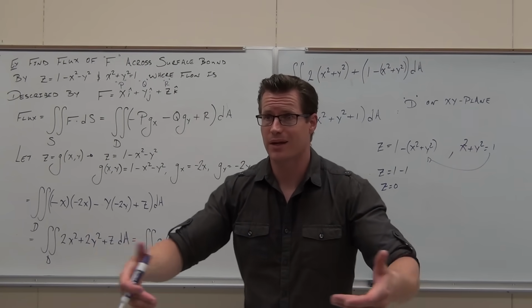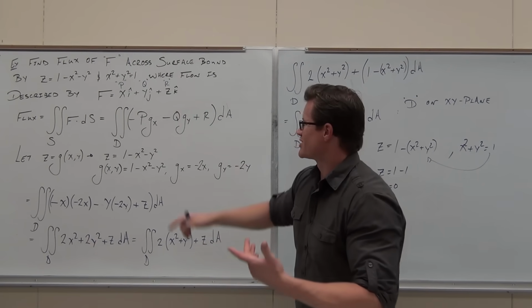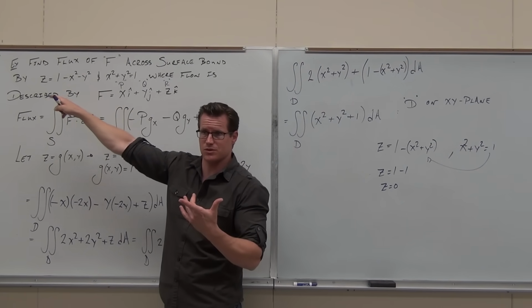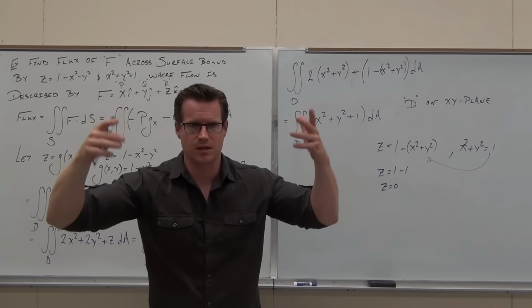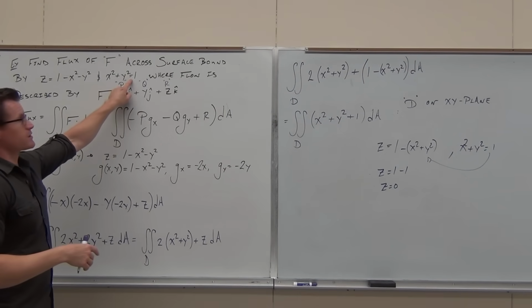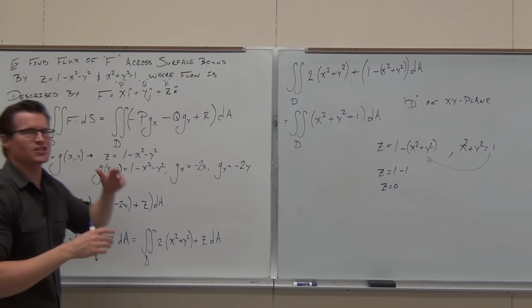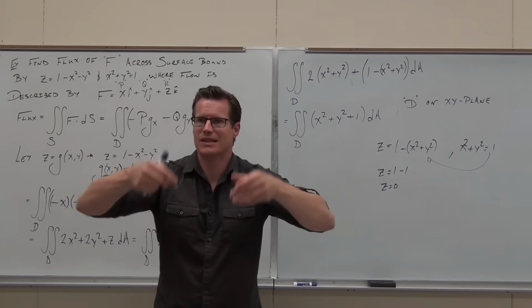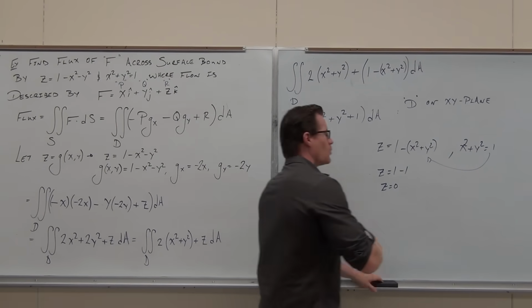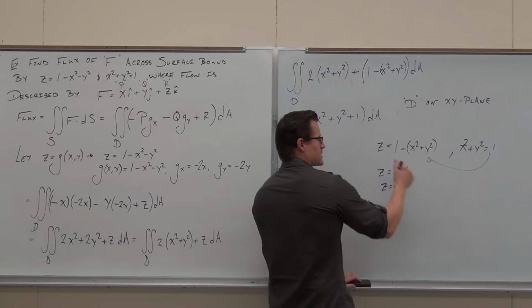If it's on the XY plane, then Z is 0, just plug in Z equals 0, and you'll have a very nice picture of that. Does that make sense to you? So if your intersection zeroes out, what's that mean? It just means your picture's on the XY plane. So basically, just plug in 0 and draw that, because you're going to get the same thing, because it's literally meeting on the XY plane. Does that make sense to you? So Z equals 0, whatever, that just means if this is 0,